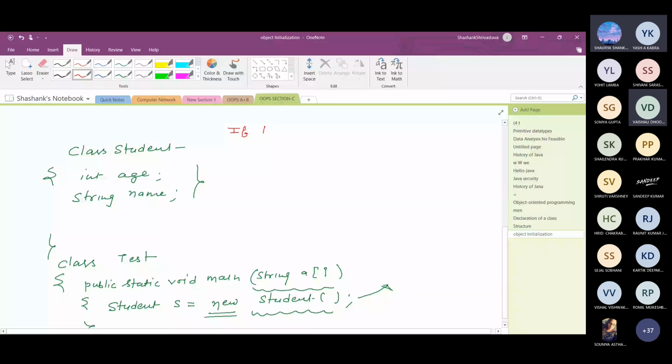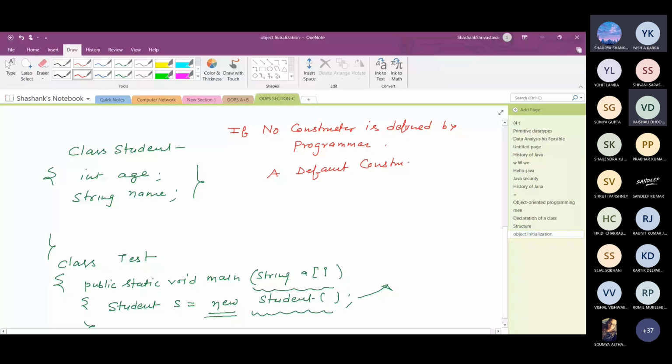If no constructor is defined by the programmer, the Java Virtual Machine provides a default constructor.